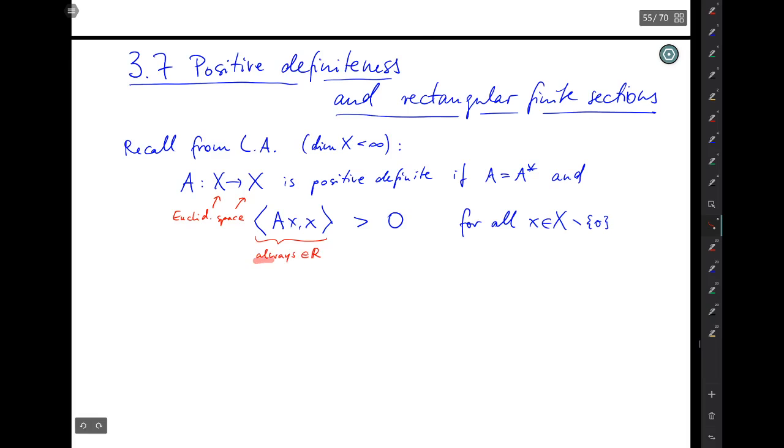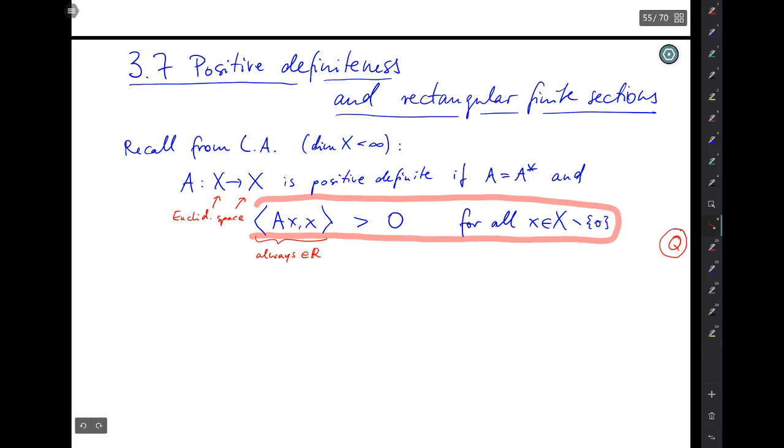Try to convince yourself that indeed this is always true. Because this expression here is not very handy, we quickly came up with other characterizations of the word positive definite